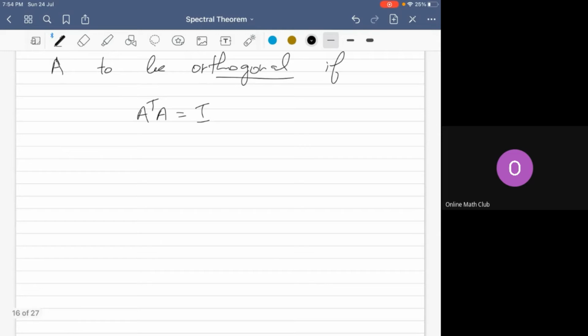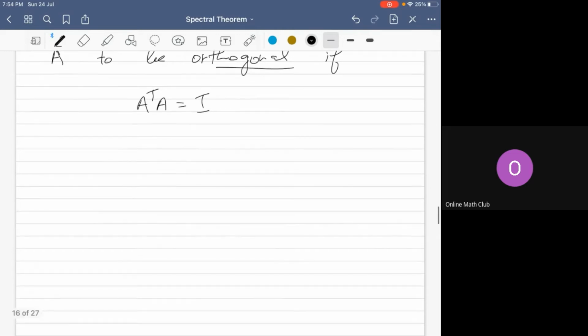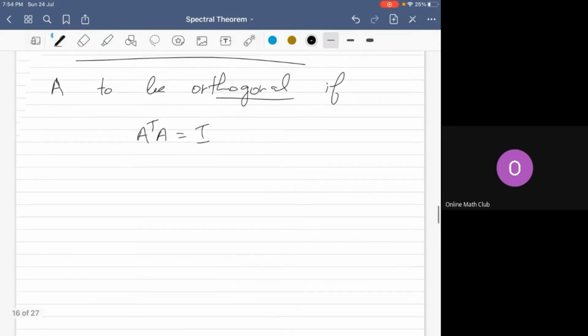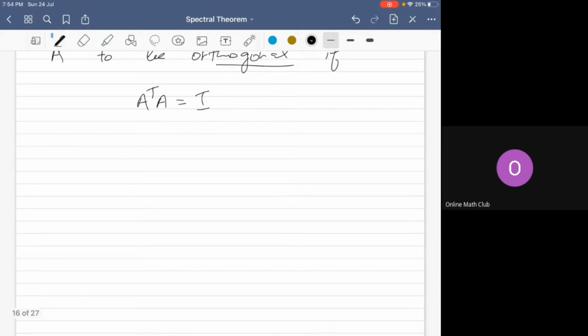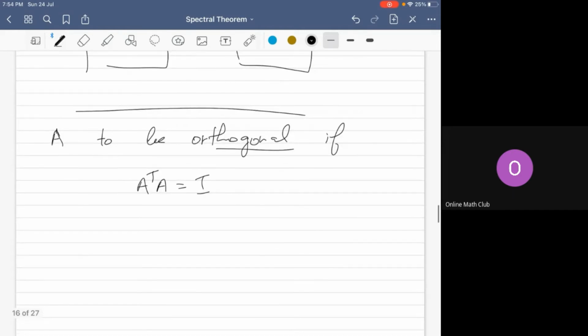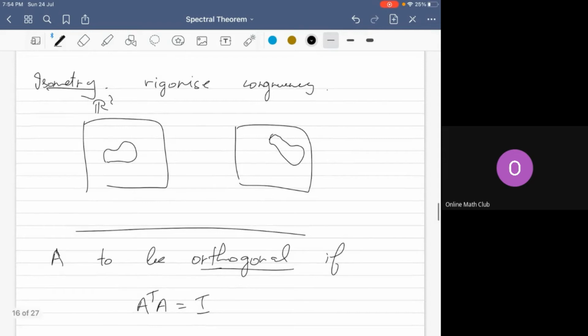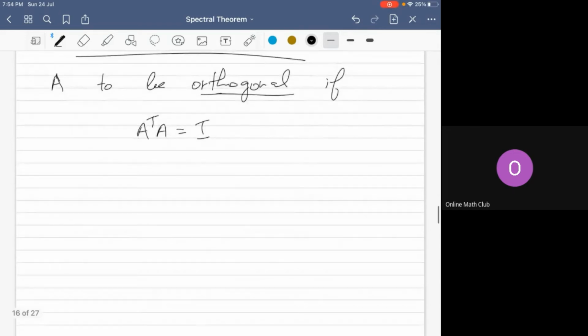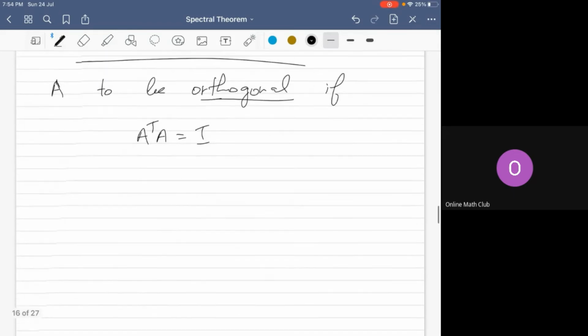And notice that this definition has something to do with the orthonormal vectors. That is, if we have an orthogonal matrix, and let's write it as a11, ..., an1, ..., a1n, ..., ann, this thing,